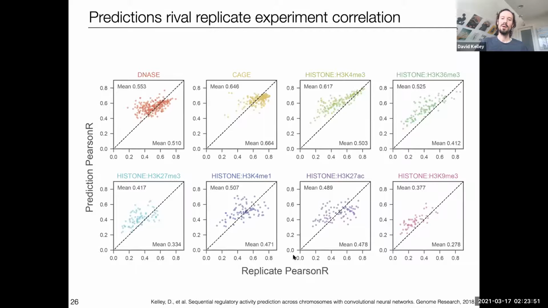The way I set it up here is the x-axis of these plots is the correlations between replicates. So some of the assays are just noisier than others, and that determines the quality of the model that you can get back. On the bottom right here, for example, the H3K9 methyl, some of these have low correlations between replicates. It's a tough ChIP-seq to execute, and so the quality of the models is a little less. But when you have really high replicate correlations, like the H3K4me3, this upper end, you can get very high quality